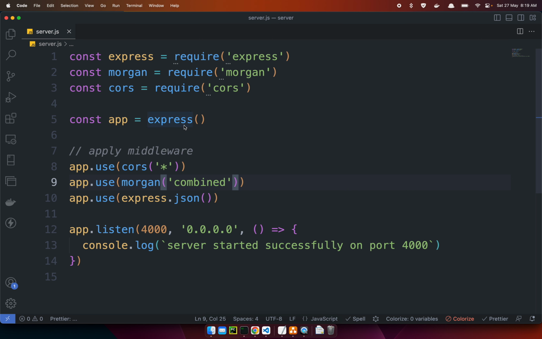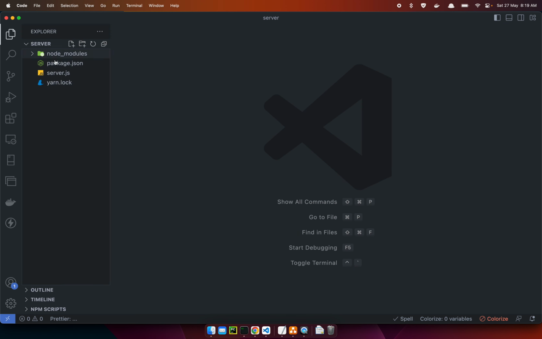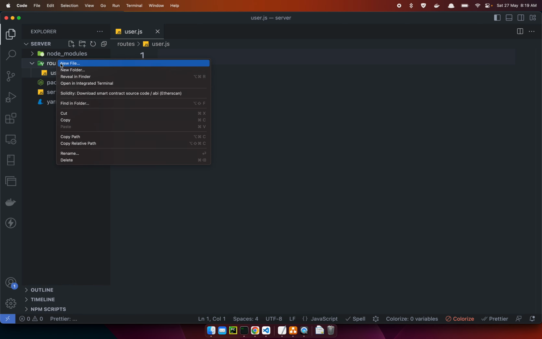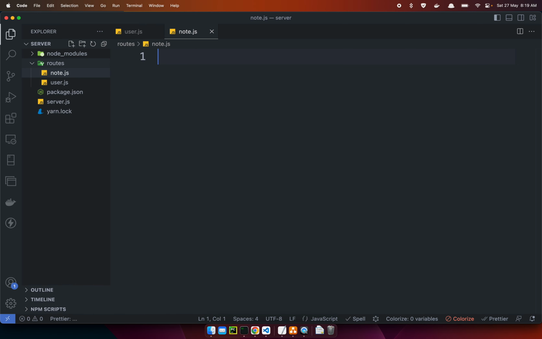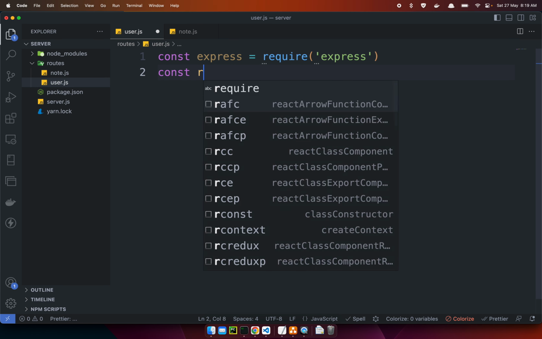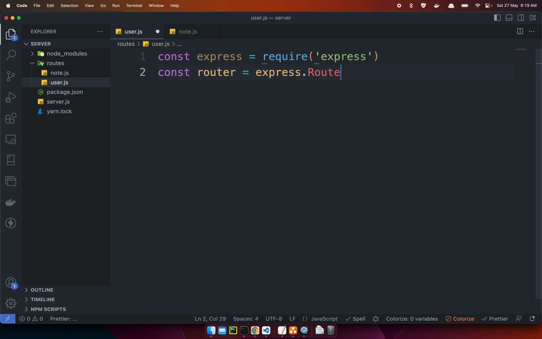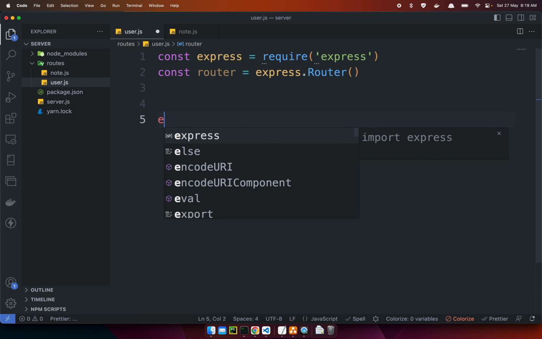Let's add two routes, one for user, the other one for the nodes. So here we are. Let me create a new directory called routes. Right inside this there'll be user.js, and right inside this there'll be node.js. Very simple. In my user.js, let's continue further. It's going to require express, const router, which is going to be express.Router, and then all you have to do here is